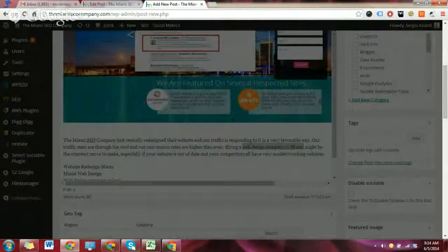So in my case, I have a web design company page that ranks for a certain set of keywords that are geared towards web design in Miami. Now, for our clients, that might not be the case. I'm going to pull up a client, though, and we'll go ahead and show you an example of the back end